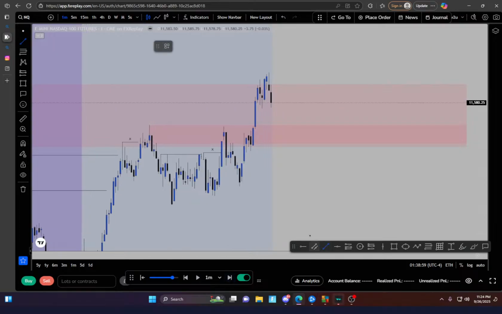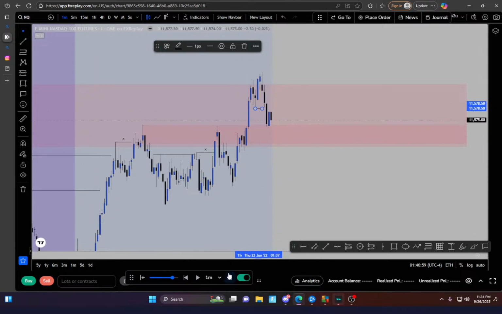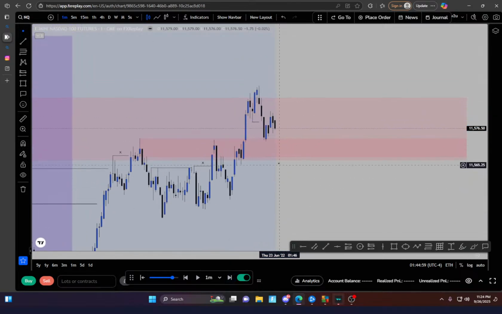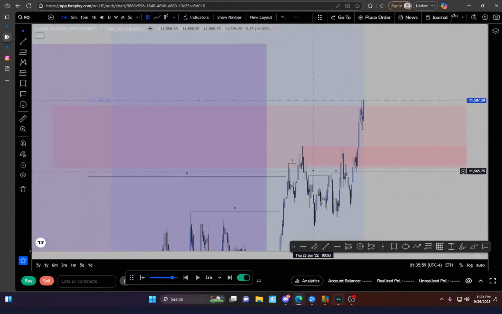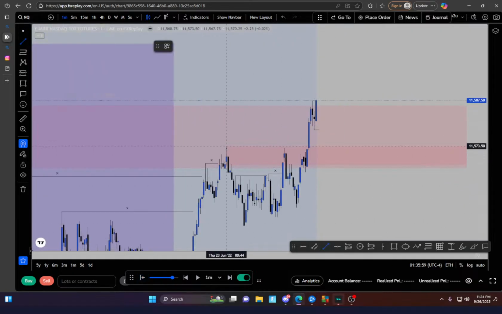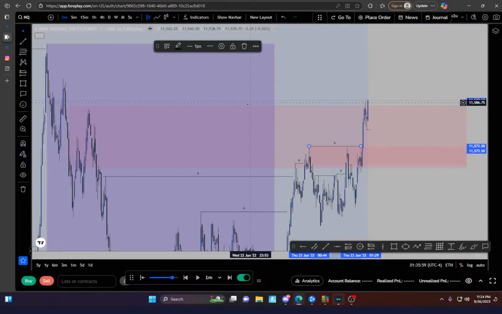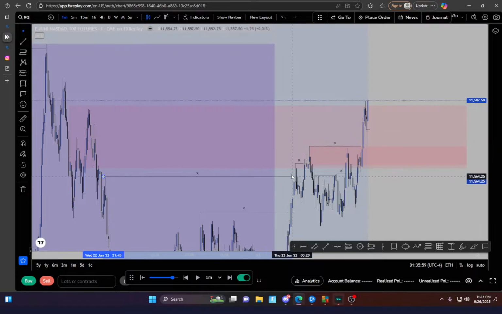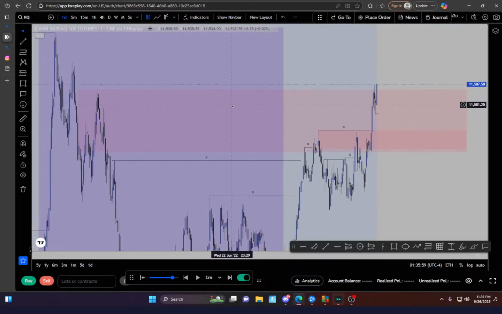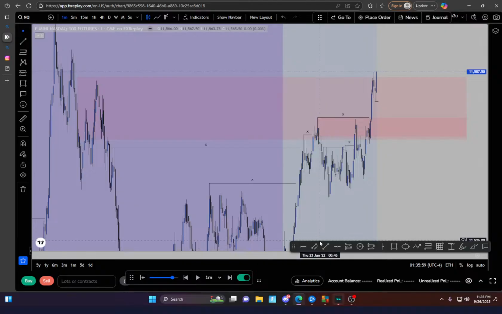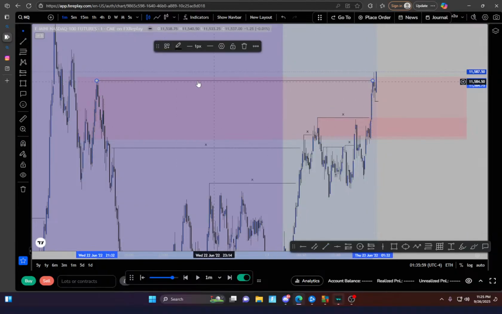We take liquidity right here. After we swept that high, come on, it's all the same stuff. You can get good reactions off this. So let's go back to that real quick. Number one, swept this high already. What did I say? Speed. So now this was already significant liquidity being swept. Buyers are automatically already induced. Now after sweeping out this high, what the frick? But yeah, after sweeping out this high